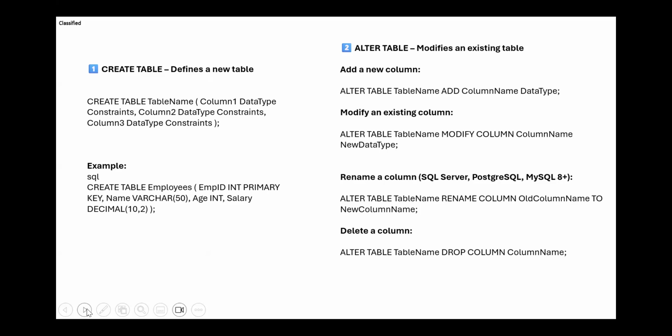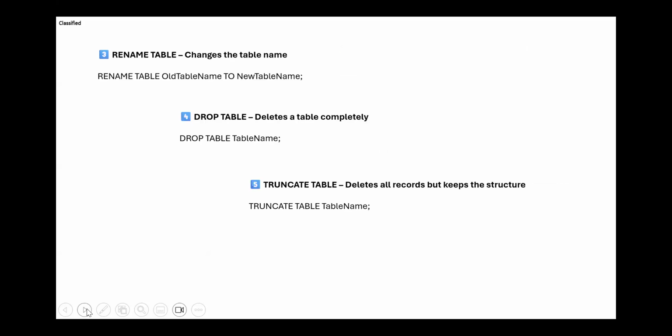The next thing we can do is alter the table, where you can modify an existing table. Now, often the modification could be either you will add a column name or you can modify a column name from there. You can also delete a column name by dropping the column. Again, the code is pretty simple. Whatever it is that you want, like alter table, that part you do it in capital, then the table name which you want to alter, then you say add. Okay, because you want to create a new column, and then you say column name and the data type of that new column. So just follow this. This is exactly the structure that works.